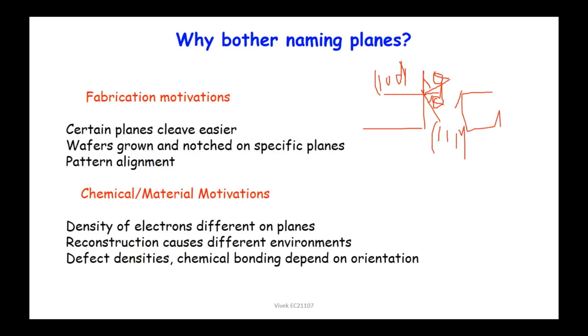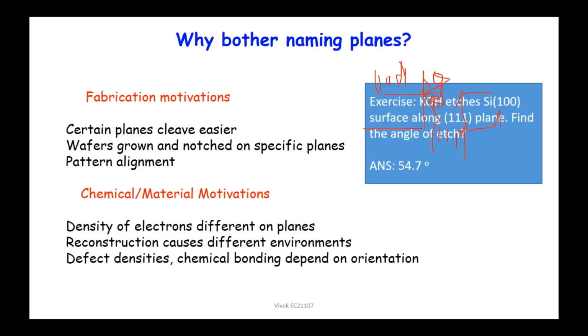And they are used for patterning, and of course each plane will have different reactivity to materials, because the density of electrons, the density of atoms is different, and they will have different reconstruction, because the arrangement of atoms is different. If you look at, for example, FCC, if you look at a surface, let's say 100, you will have 5 atoms. If you look at the diagonal, then you will have a different arrangement. If you look at the body diagonal, you will have a different arrangement. So all these properties are described by these planes.